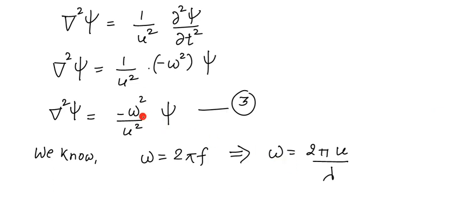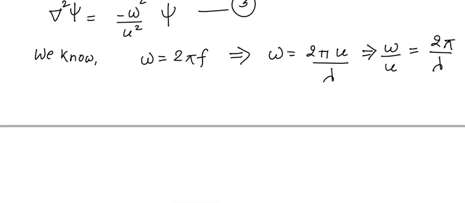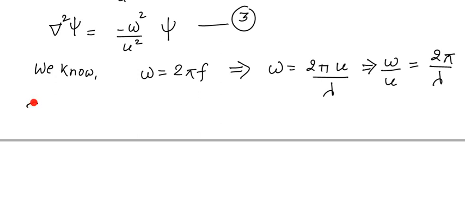Now, we need the value of omega by u. Okay, omega by u, then what will be the value of omega upon u? If this u goes to the denominator side, omega divided by u is equal to 2 pi by lambda. Okay, now just put this value into equation number 3. Then equation 3 becomes,